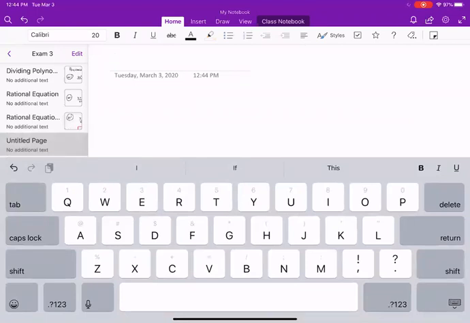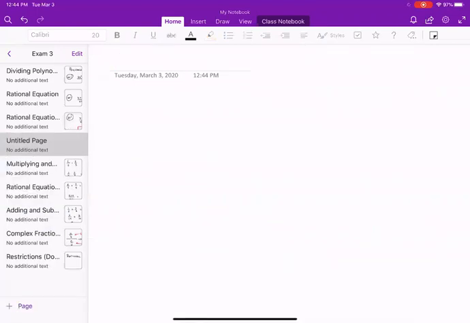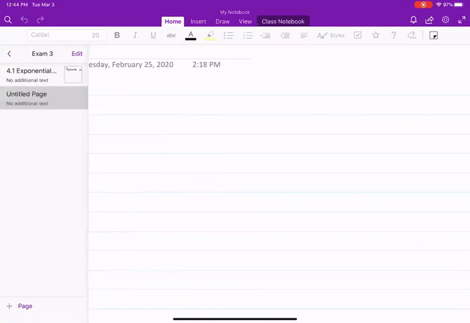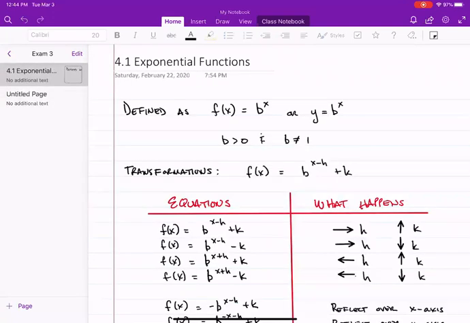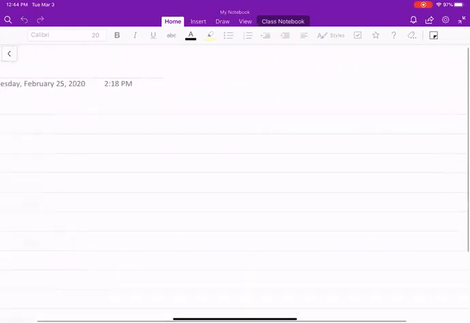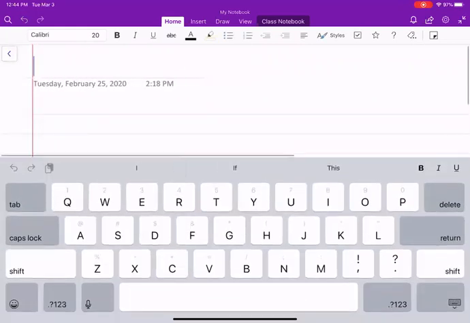First, I should probably get to the right place first, huh? Like 11:05. This will be exam 3 coming up, which I already have 4.1 done. So let's not do that. Let's do a new page and call this 4.1. All right, so